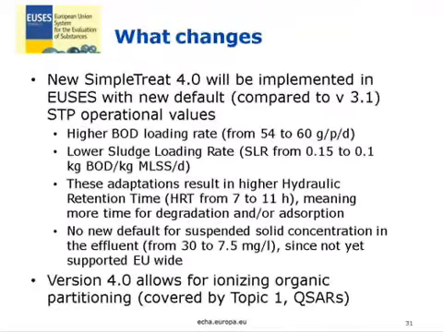What we propose to change in the update of EUSES is to implement the new SimpleTreat 4.0 with new default STP operational values. At least what we can propose here is to include a higher BOD loading rate and a lower